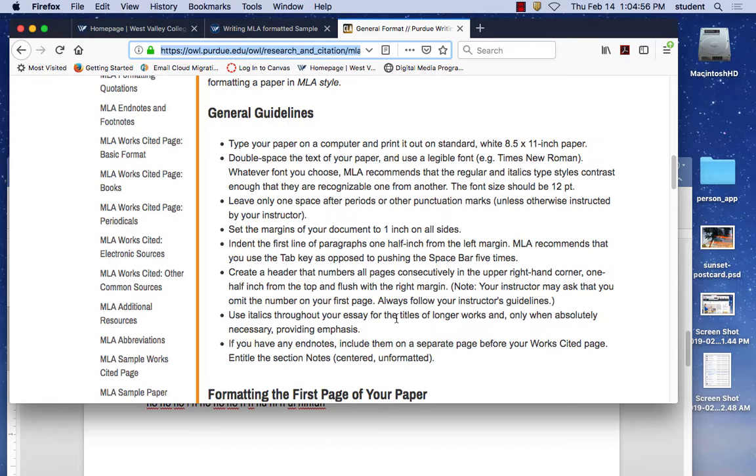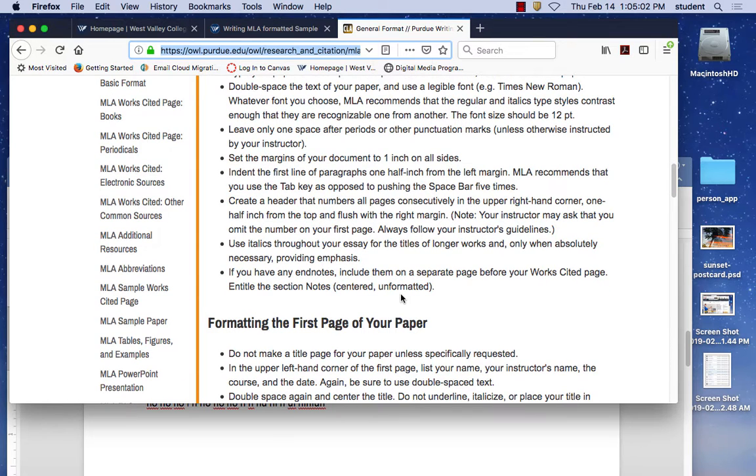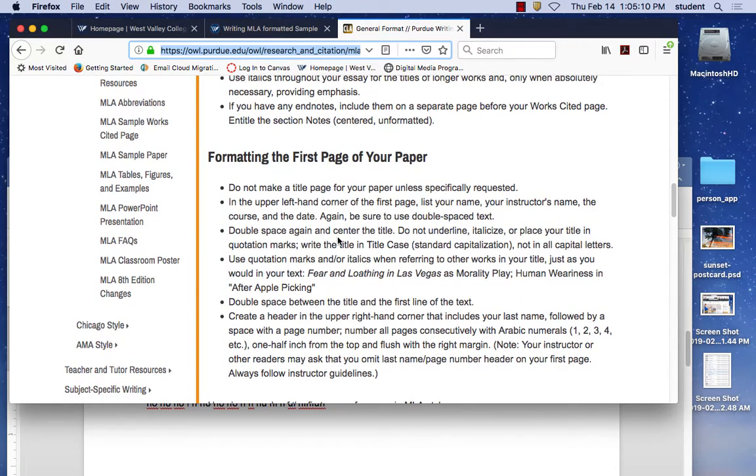Don't use italic unless you think it really needs it. If you have endnotes, include them on separate page for your works cited. Just put the works cited at the end. We'll go and do that soon. We will do works cited. Here's your first page. We already did that. We got our title,